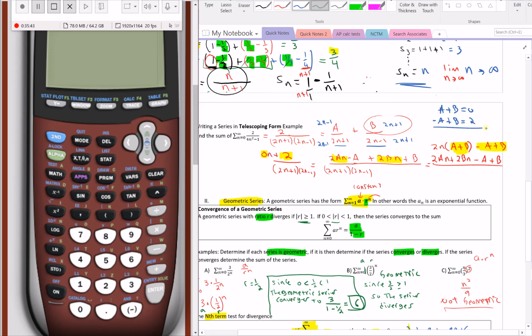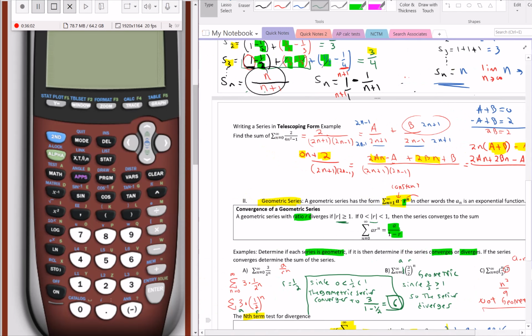You can solve this by elimination. Just add down. You're going to get 2b equals 2. Therefore, b is 1. Right? B is 1. If b is 1, then a is negative 1. Right? So all of this, the book just basically skipped all of that and went straight to this other thing,